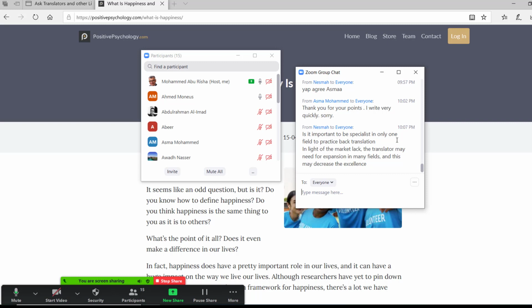This is an issue that has been discussed in research in depth. There is a lot of controversy about the issue, whether a translator must be specialist or generalist or both of them. So let's postpone this kind of discussion for further sessions, and I hope to answer this question one day. But of course we will focus on this. I'll try to write something about it maybe in the future, and remember that you asked me this question so that we can see how to answer it.